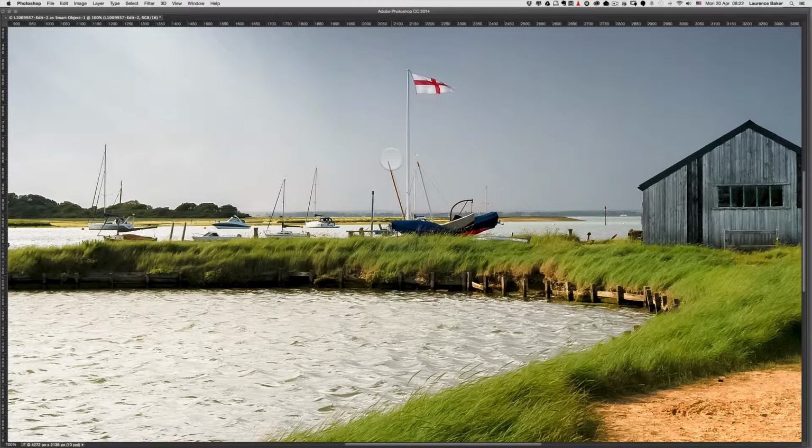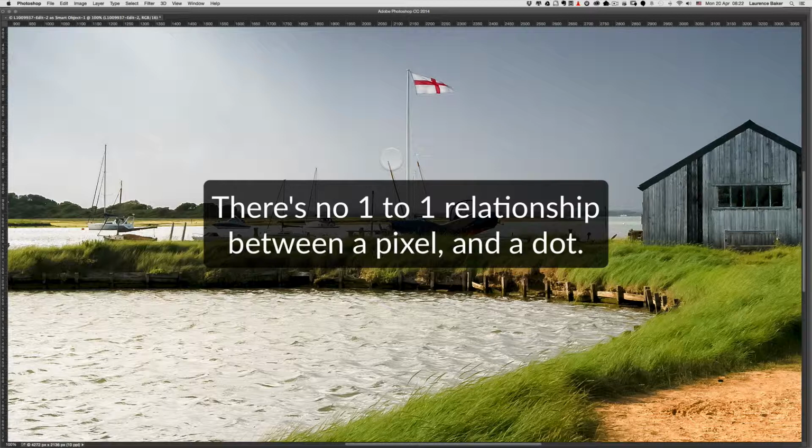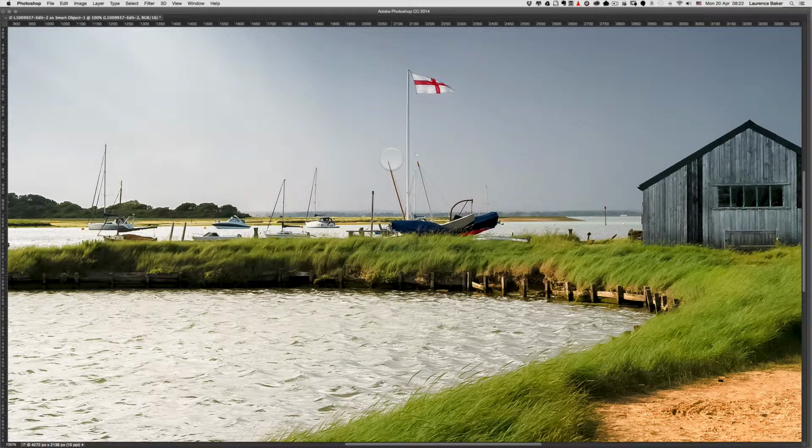Of course, when you go to a printer, that's totally different, because that's what the PPI is there for. It's for when you output to a printer. And the basic premise is you're saying to a printer, try and represent 300 pixels in an inch on a piece of paper. There's no one-to-one relationship between a pixel and a dot. It's far too complex than that. Simplifying it down to just 1 pixel must equal 1 dot is wrong, because every printer is different and it's a very complex process, and it's difficult to show it in an image size dialog box